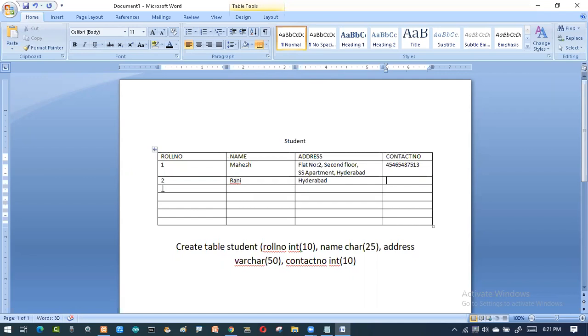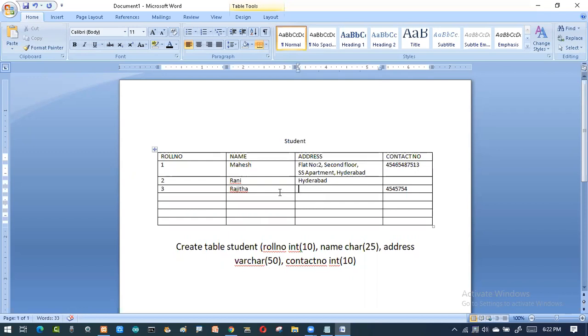Now there is another person who has a roll number and the name Rajita, and she doesn't have an address. She is a paying guest or something like that. She doesn't want to give the address right now, or she doesn't have a permanent address. Just now she arrived in Hyderabad. She doesn't know the neighbors, so she wants to take some time to give the address. She has a contact number so that you can contact her to fill this.